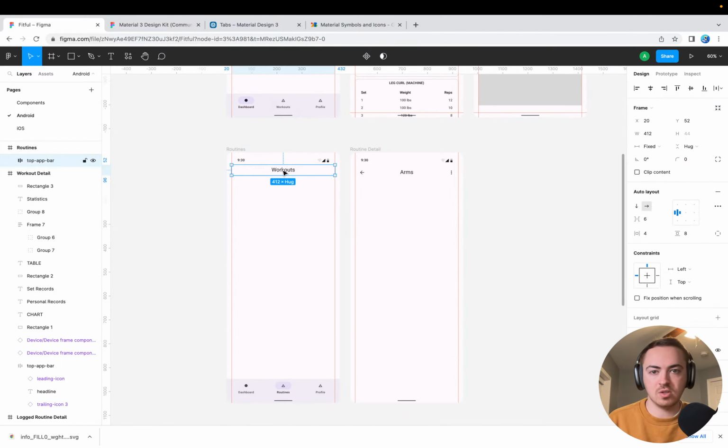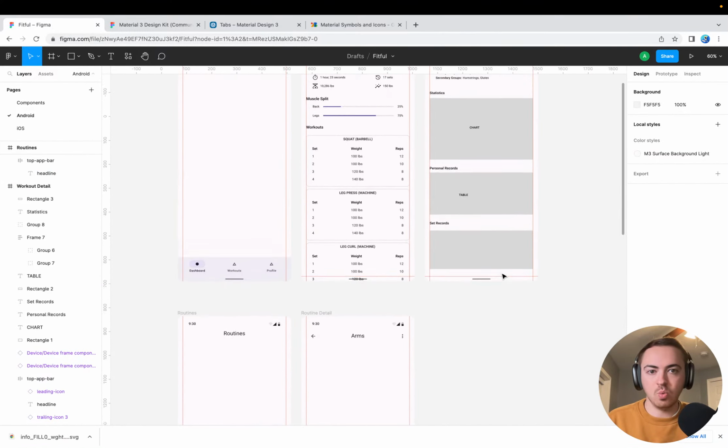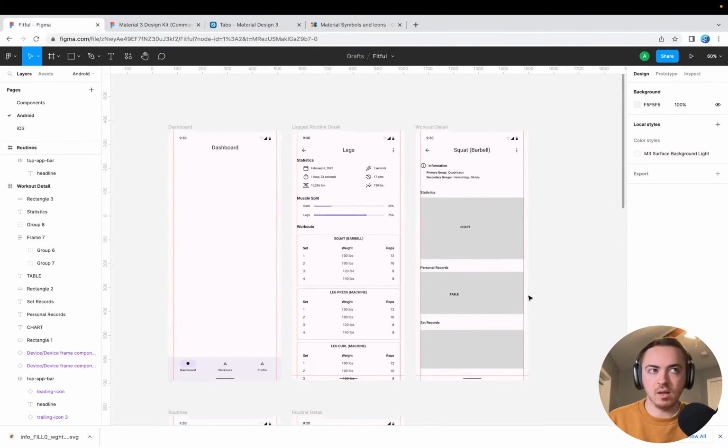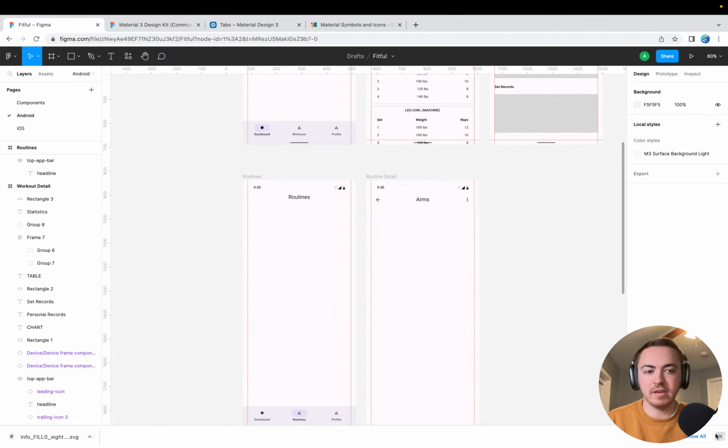Because I actually changed. This needs to say routines on it, actually. A workout would be like a squat, and then a routine would be like leg day or something. But in either case, yes, that is the goal. But with that being said, I would like to have a very large library or database of some sort of predefined workouts that pretty much should cover like 99% of